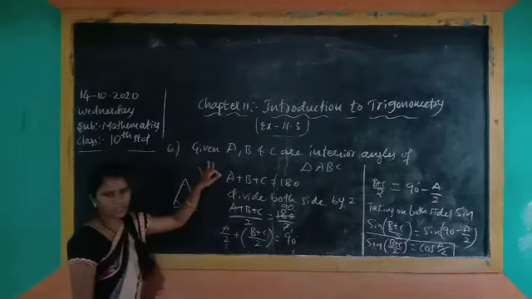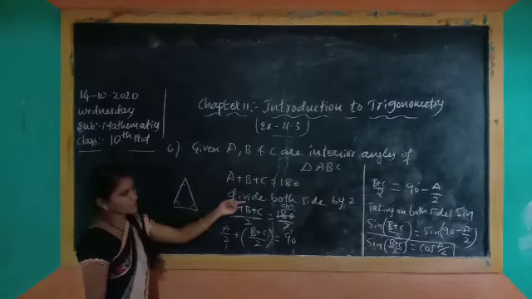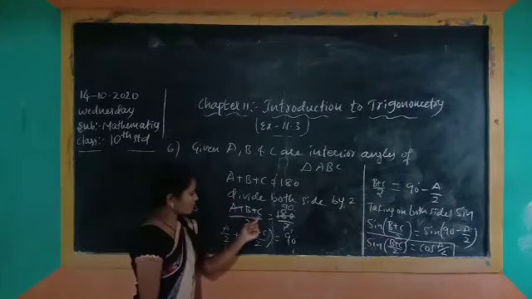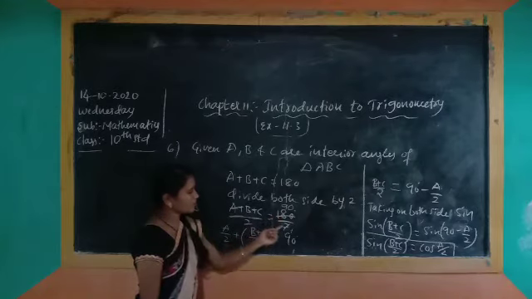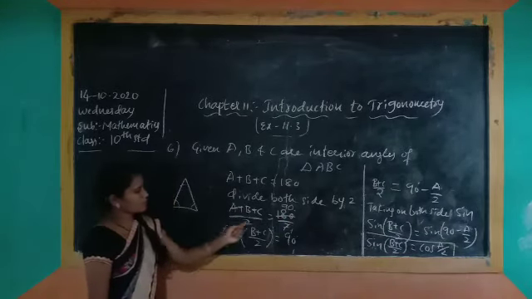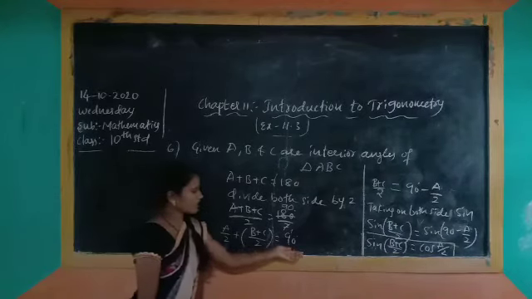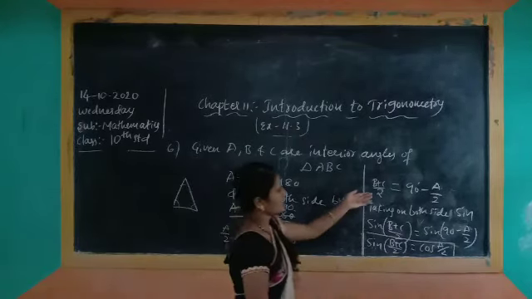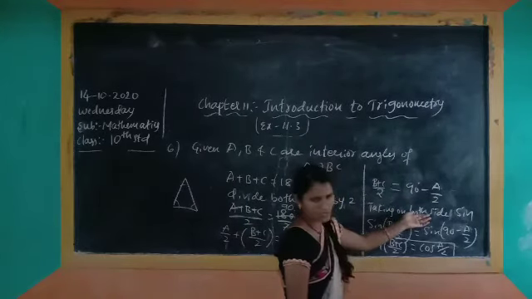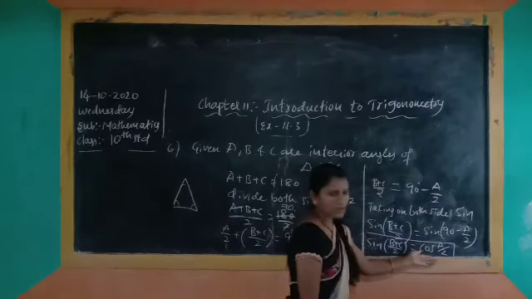Here, in this show-that question, we need (b plus c). That's why I am dividing both sides by 2. (A plus B plus C) by 2 is equal to 180 by 2, and you will get 90 degrees. Here I am separating a by 2 and also (b plus c) by 2. Why? Because on this side I need sin and here I need cos. That's why I have written it as 90 degrees minus a by 2. Taking sin on both sides, sin of 90 minus a by 2 will be cos.